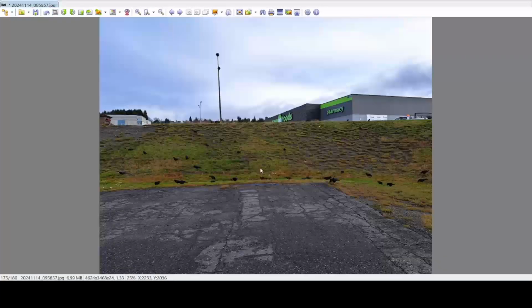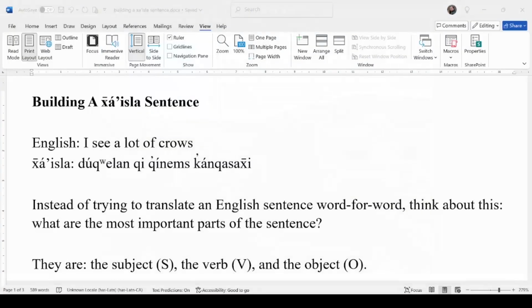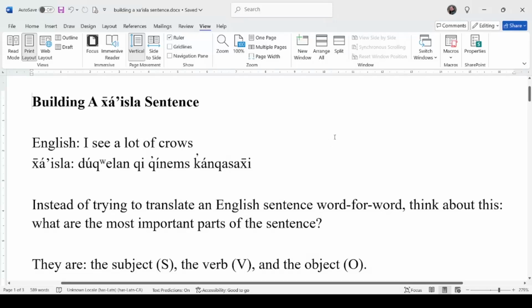While I was seeing this, I thought to myself, how can I describe this in xa'isla? And I came up with a sentence, and I said it. And I'm going to switch to a different document here and walk you through how I did that. This is something that I do when I'm building a xa'isla sentence. So in English,